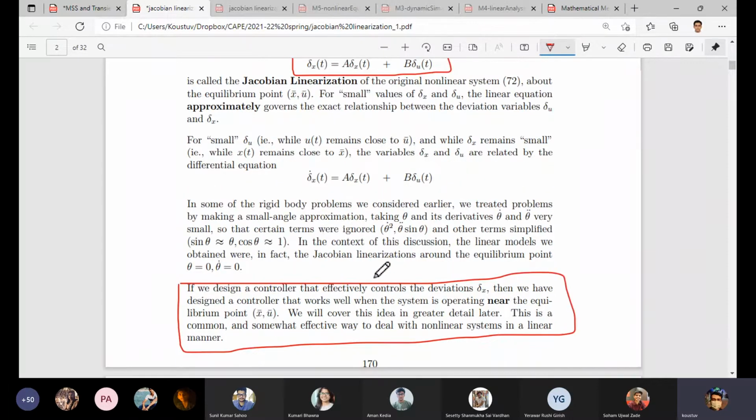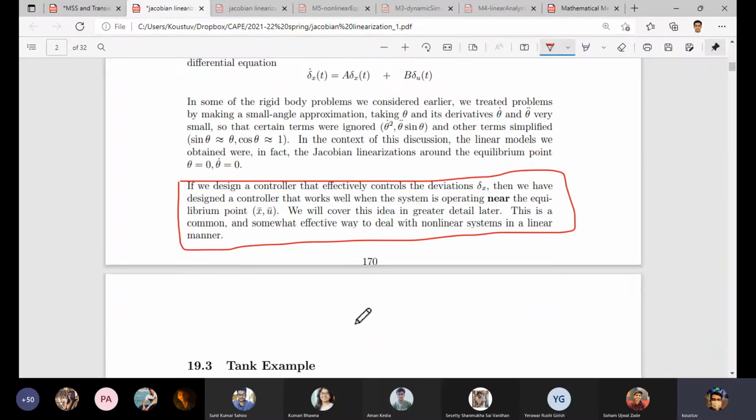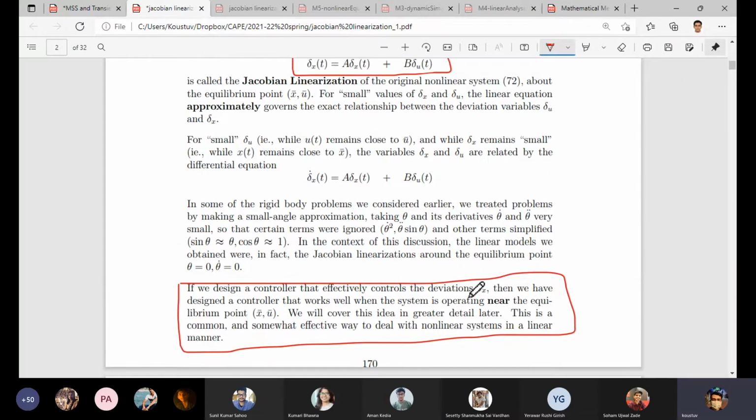So this sort of analysis is actually required, because as we said, of the three steady points A, B and C, the B point was unstable. From graphical analysis we understood that it is an unstable point, but if we want to operate at that point, we need to design a controller. The controller will effectively control the deviations, delta x or delta u, with respect to time. That is why this linearization is required in terms of designing or tuning the parameters of that controller.